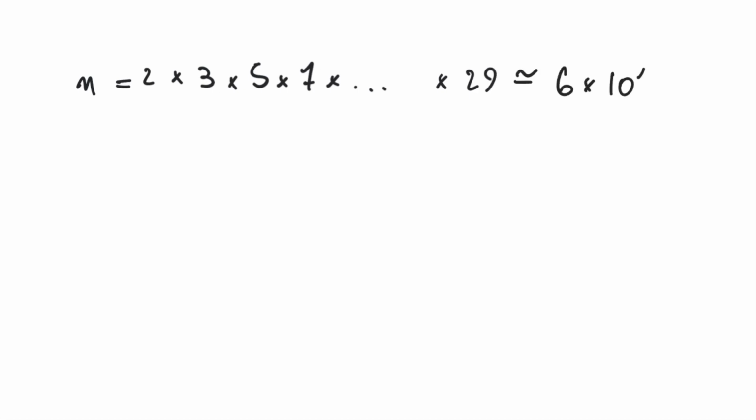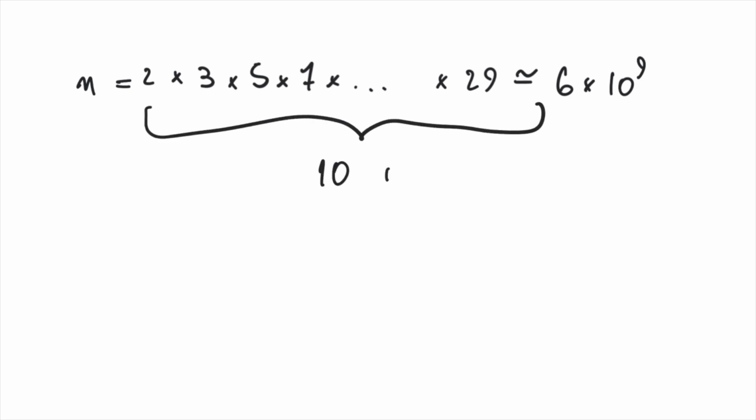Just as a side comment, note that a large number of divisors is obtained, for example, when you have many different prime factors. So you take, let's say, 2 times 3 times 5 times 7 and so on. These numbers n that have all different prime numbers have a large number of divisors. And for example, if you go up to 29, this is something like 6 billion, and there's 10 prime factors here,